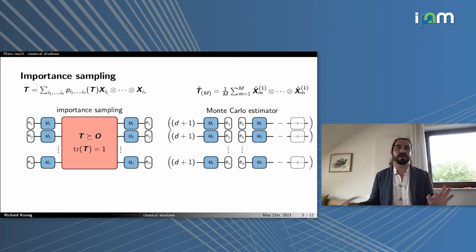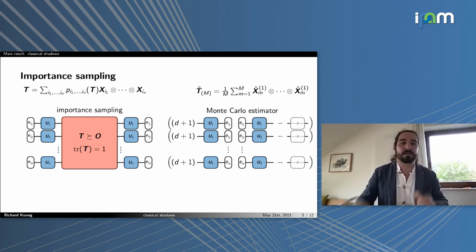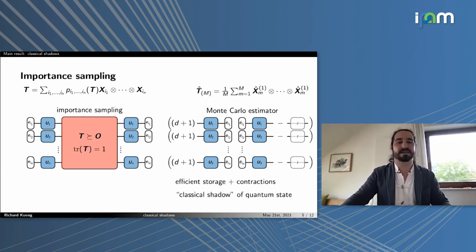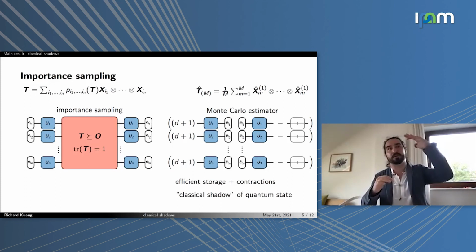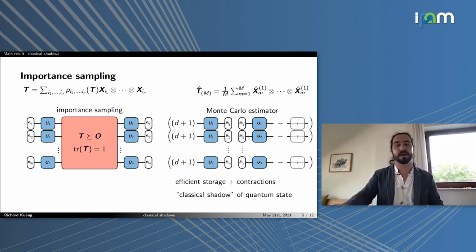And now I'm very happy that Holger asked this question before, because this is very efficient on the right-hand side. Once I've done this type of sampling, what I have is an elementary tensor product that is described by very few degrees of freedom. It's a standard basis vector followed by a unitary rotation. So I have very efficient storage. I can contract very efficiently because it's a tensor product and each factor has trace 1. The problem is,